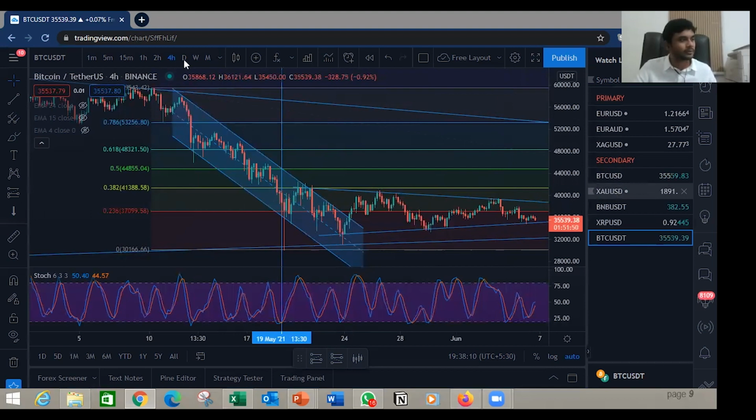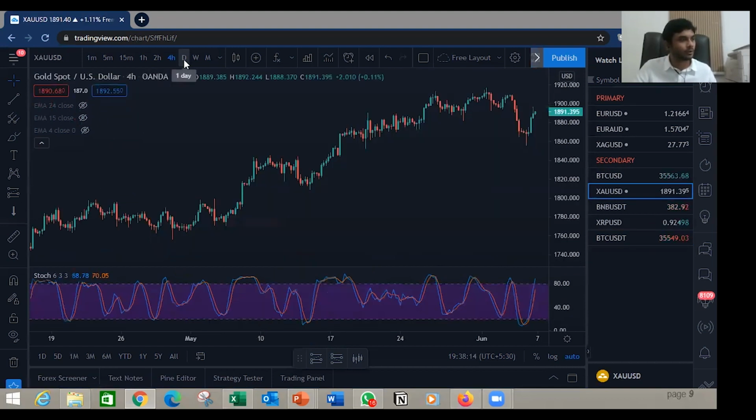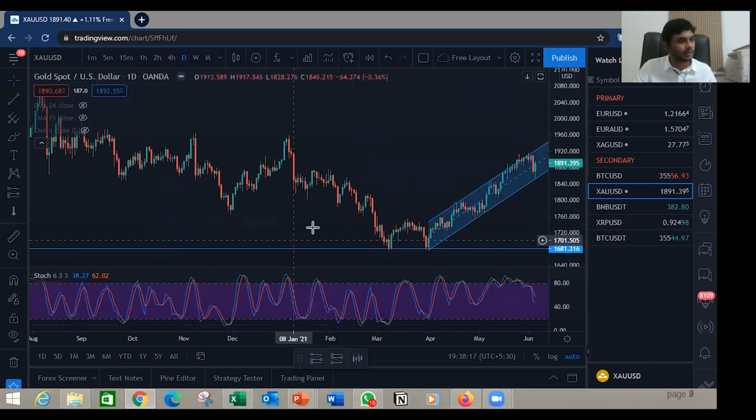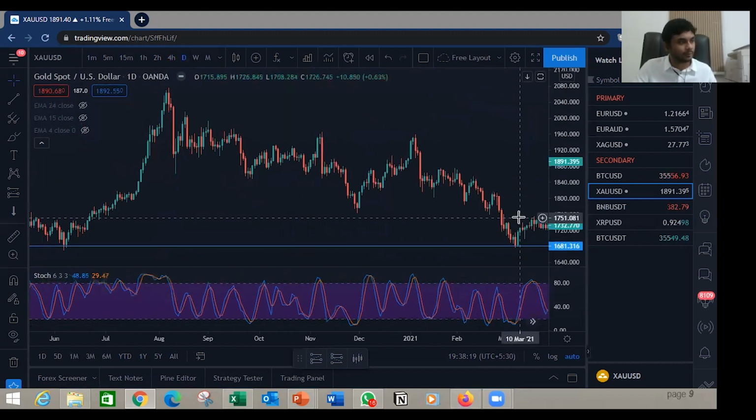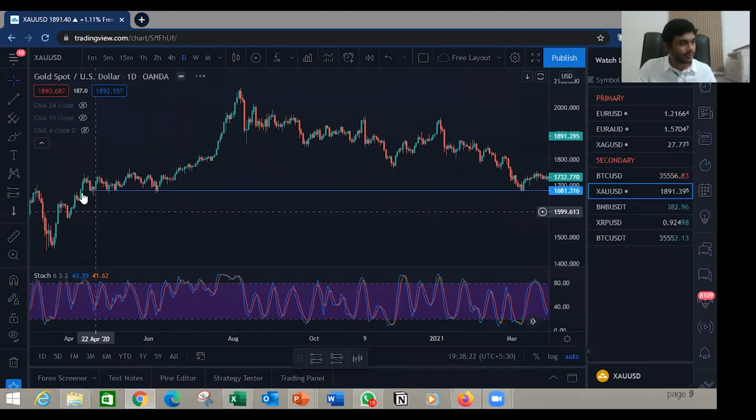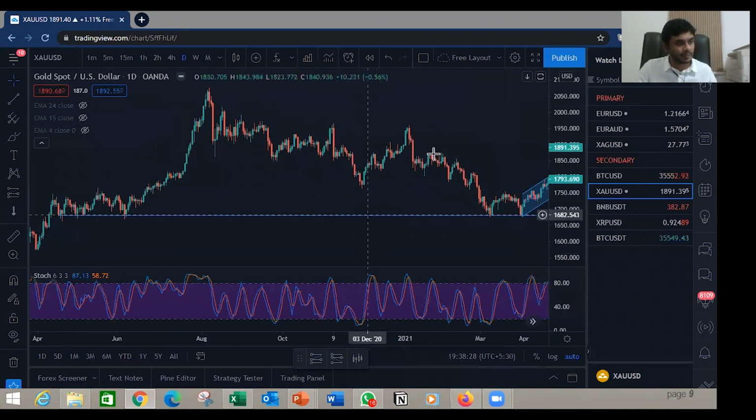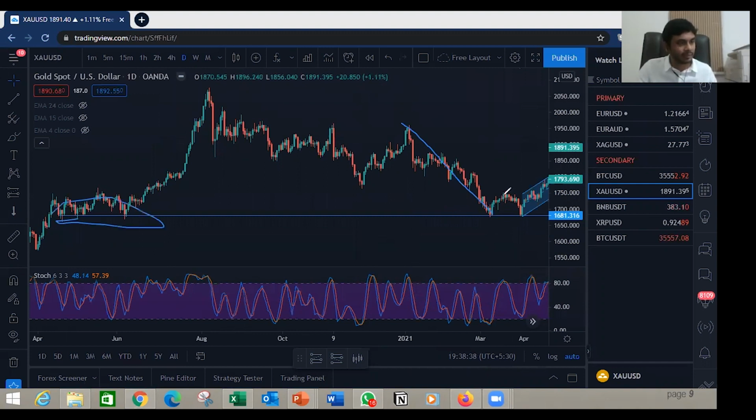And for any of you interested in gold, I will show you a quick example of gold as well. Previously gold indicated some support at this level, the 1680 level, and then after the dip we can see it dropped to the price level again of the previous support level, and again we see some support confirmation. So it's more like a double bottom confirmation, where once and twice the trend support is confirmed.